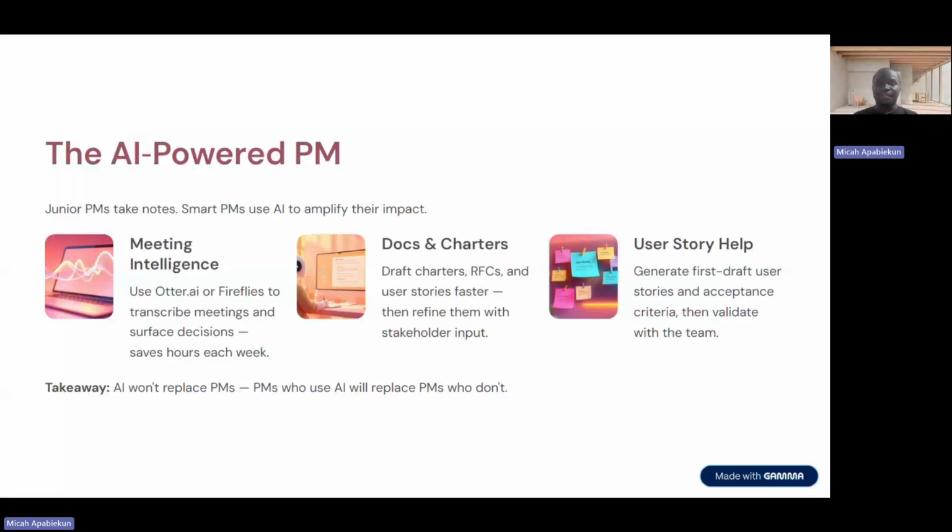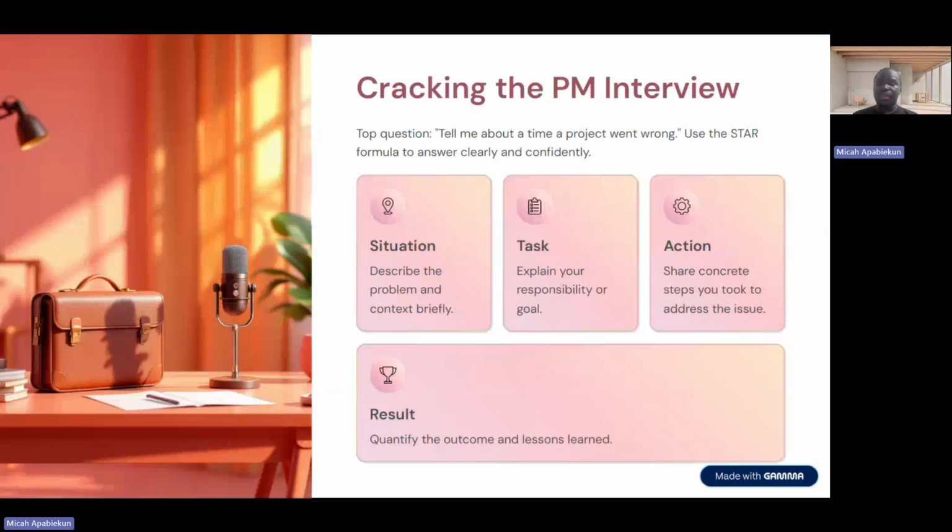So, cracking the PM interview, there's this framework called Situation, Task, Action, and Results. So if you get a question where you're told, tell me about a project that went wrong using the STAR formula. So tell me about a time where you worked on a project that went wrong. You should use the STAR formula. That's the situation, task, action, results. Usually, what this means is